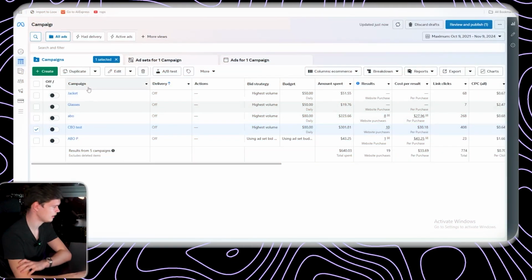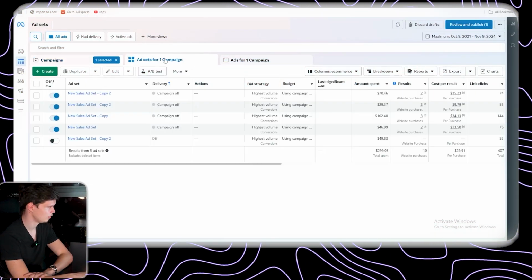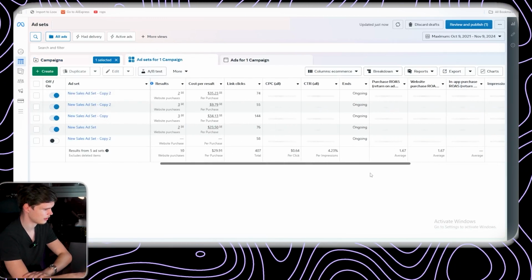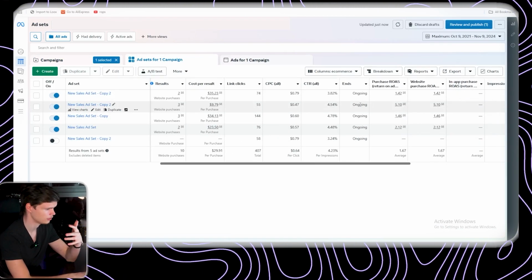So let me show you exactly how my test looks. As you can see, this one is called CBO test. It's having pretty good results. Let's have a look at the ROAS. Some of these ad sets are absolutely dominating, right? This is my own account that I was using for a challenge. The other ones I'm showing you are either clients of mine and students of mine that I think have realistic